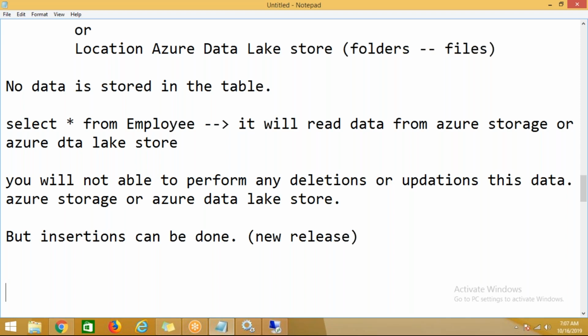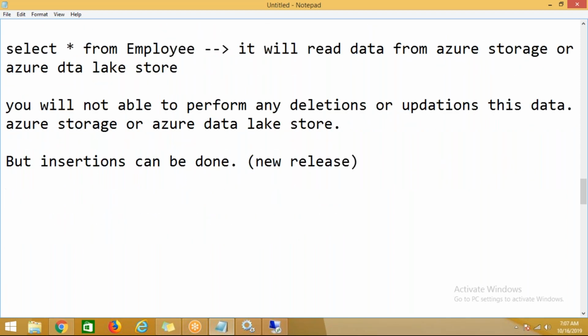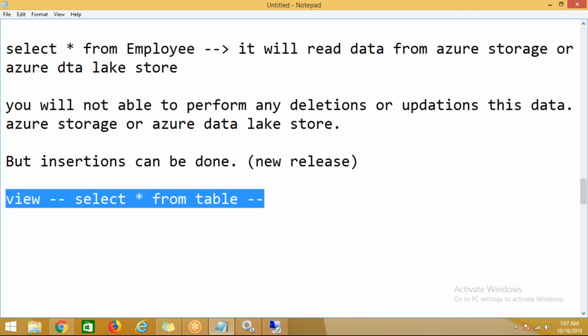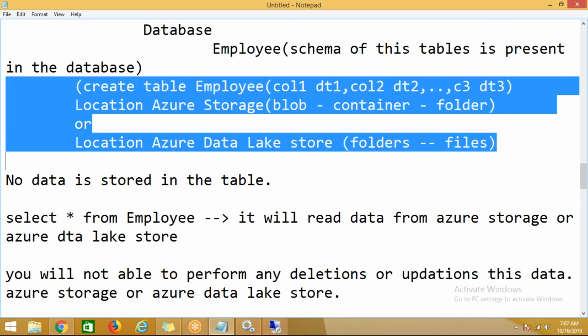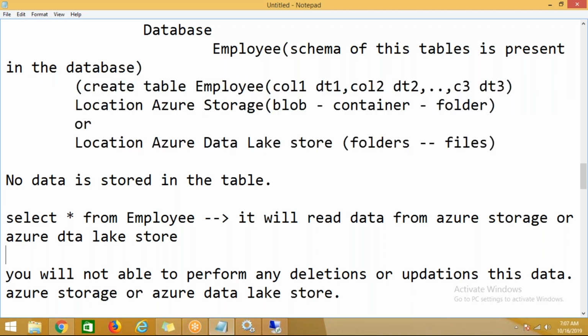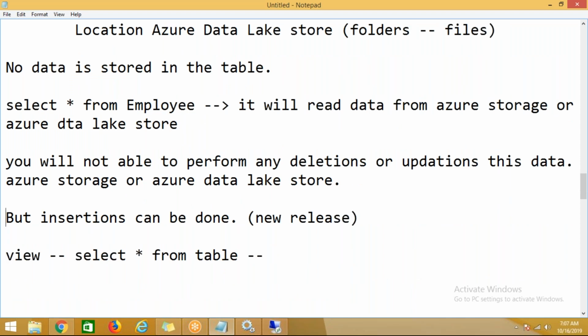What I'm trying to tell you is, similar to a view, whenever you write a select statement on a table, it is trying to read the data from the table and get it. It is nothing but a light base object. The same way here also, only the schema is maintained, but the data is not maintained. Now the question is, I'm telling you delete will not happen, update will not happen. Then